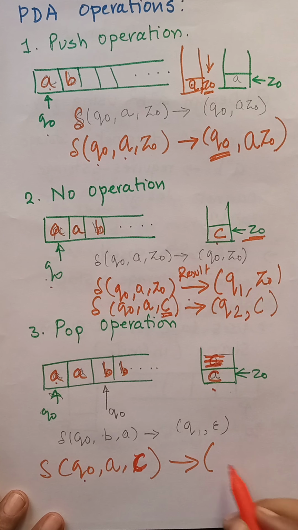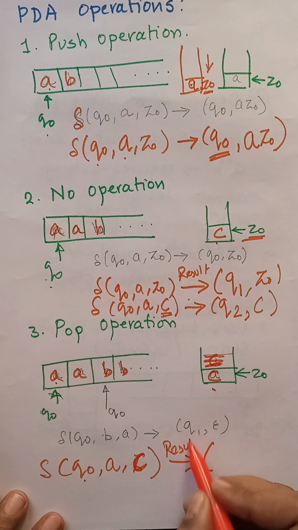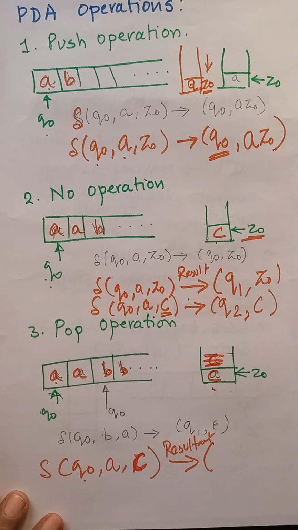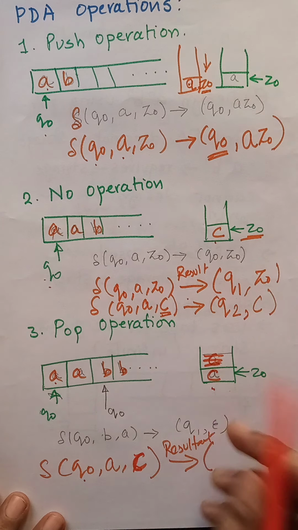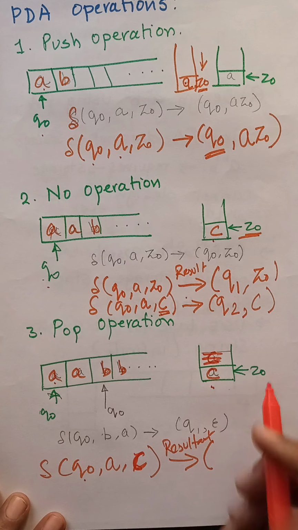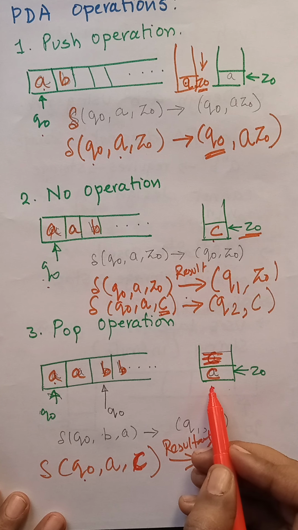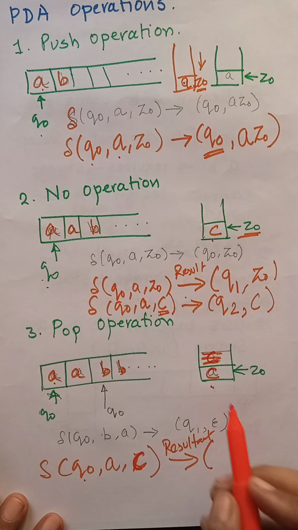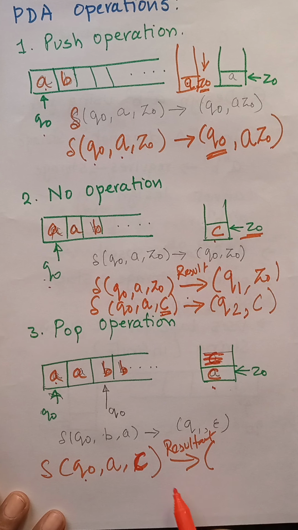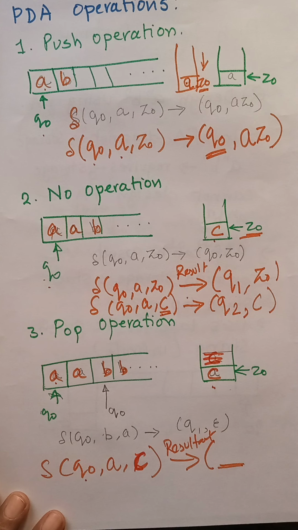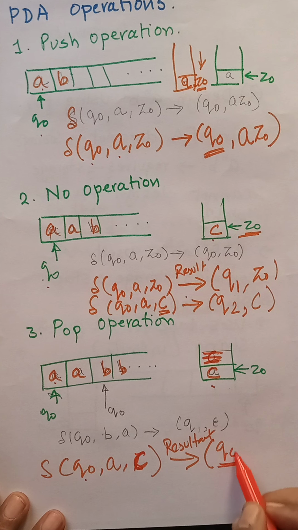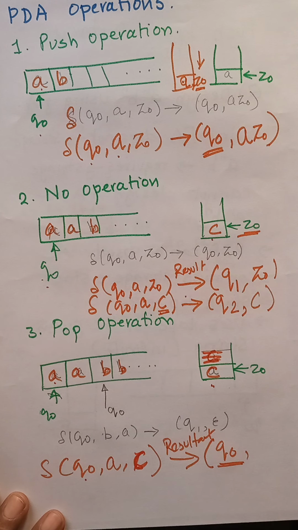So for the pop operation, what we have to write is the resultant state. So for a b b, earlier we had considered 2 c's, but now we are considering only a single c, and the top of the stack is representing this c. If you want to perform the pop operation, we will write the resultant one. Whatever resultant state name you want to give, you can give q0, q1, q2, for example q0. And the pop operation is very simple. What we have to write is only epsilon. Epsilon represents that we are popping it.